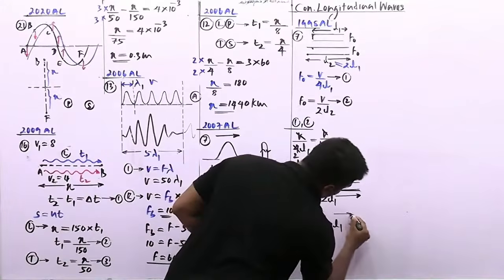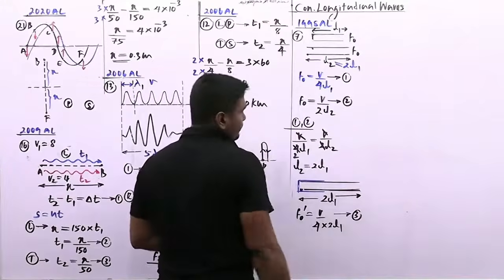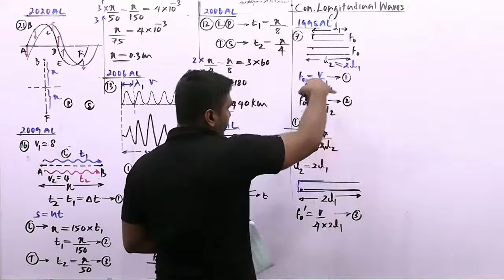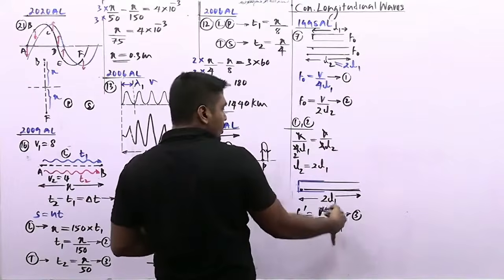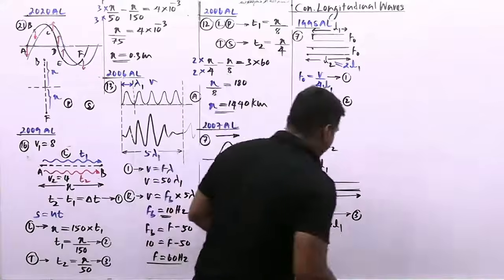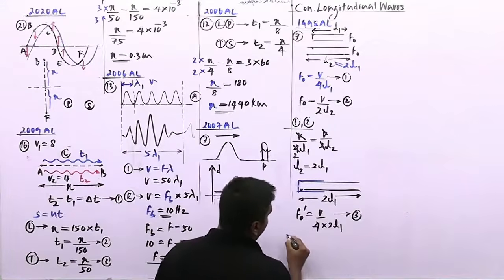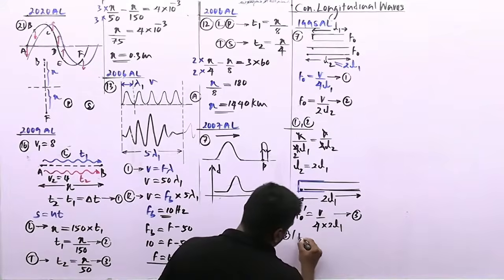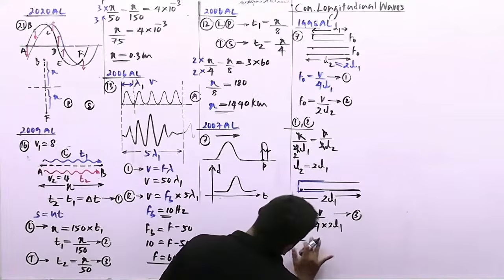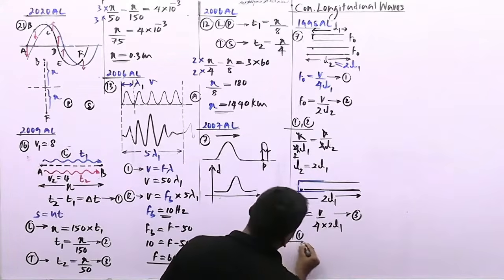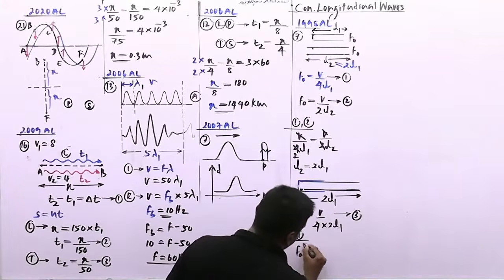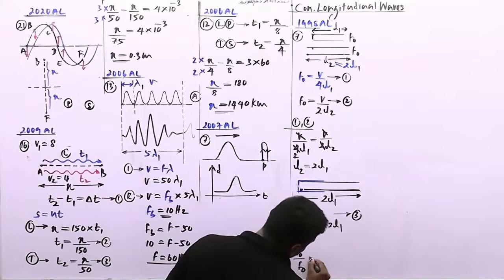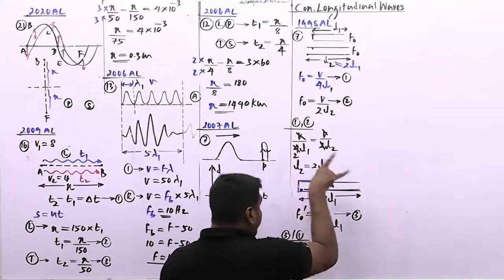2L1, equation number 3. So what you can do now? If you divide F naught equals V over 4L1, if you divide equation 3 by 1, you will get the answer. So we are getting F naught dash. That is going to be equal to how much? F naught dash over F naught. This must be equal to what? If you simplify properly,